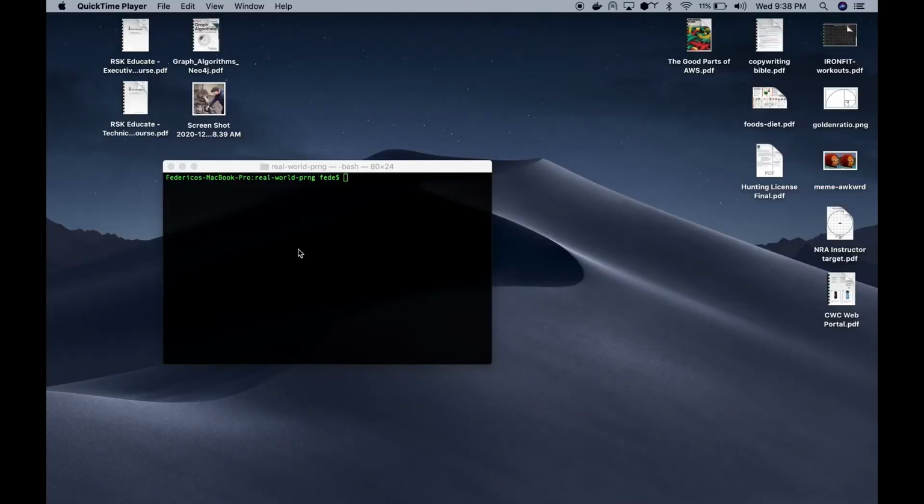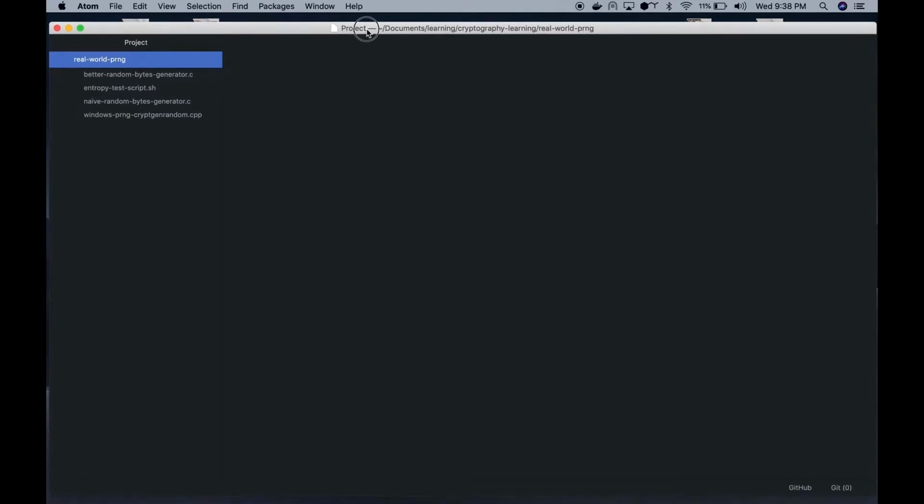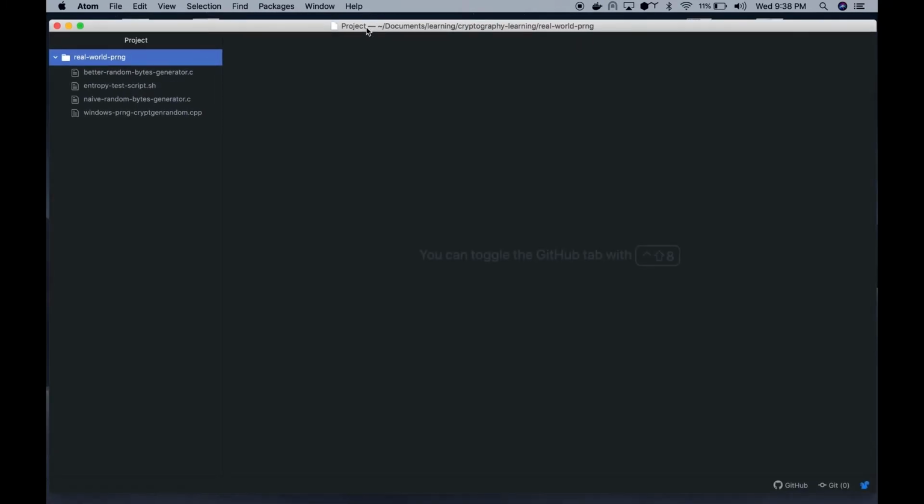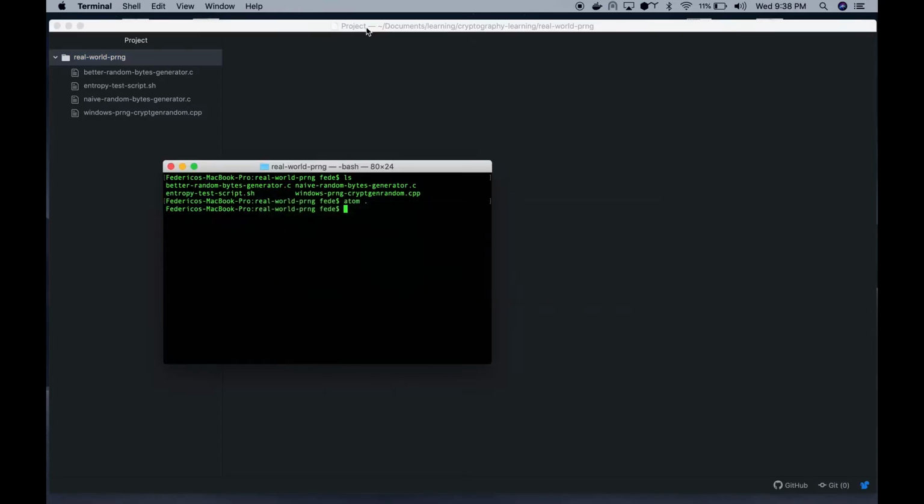Alright guys, looks like we're recording. We're on the computer now. We're just going to briefly look at some code samples that I took from the book and put in my IDE so you can see them better. I don't know if you remember, but when talking about Unix software-based pseudo-random generators, I said that we just need to read